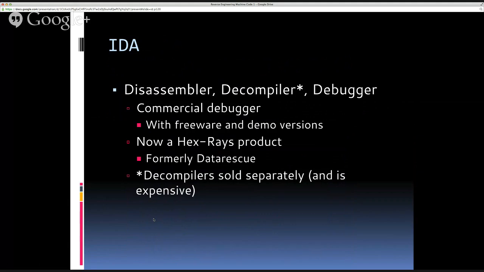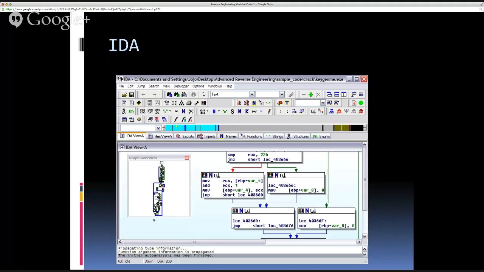But the decompiler is sold separately and is fairly expensive. So this is a little picture of IDA. The window's a little bit shrunken down just due to space limitations here, but